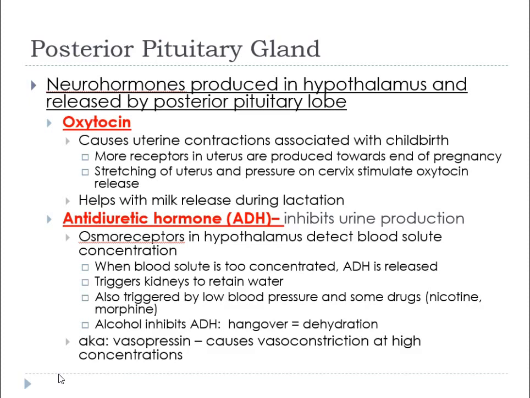And then ADH, antidiuretic hormone, is going to inhibit urine production. So if your body is low on water, it's going to stop urine production. It's also going to be helpful for blood pressure, which we'll talk about soon. And basically, it does this through something called